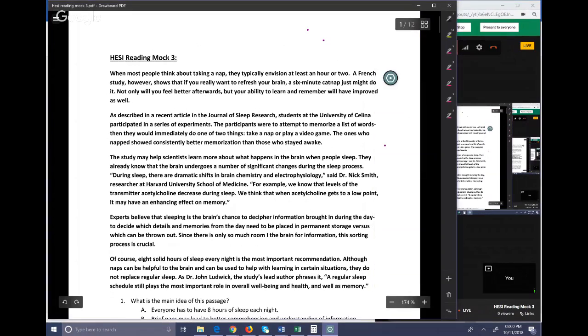Okay. So this is HESI Reading Mock 3, and I'm in the process right now of not only recreating certain mocks content-wise, but also trying to get the mock classes a little shorter, but more informative and more powerful, which is obviously easier said than done. One of the things I'm going to try really hard to do a really good job of emphasizing in this mock is the way that you're outlining your passages and the importance of outlining your passages.